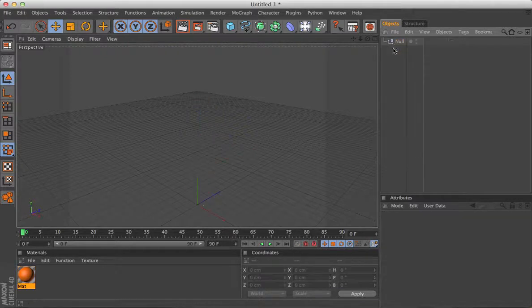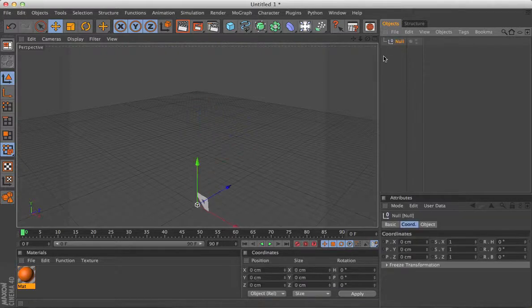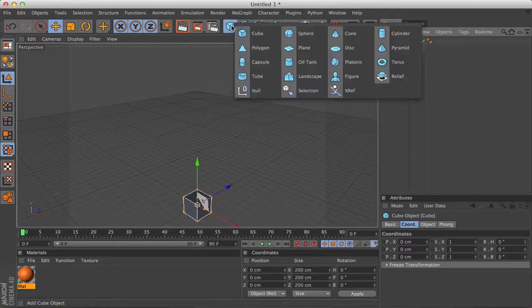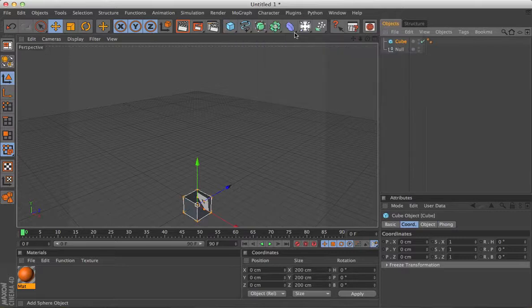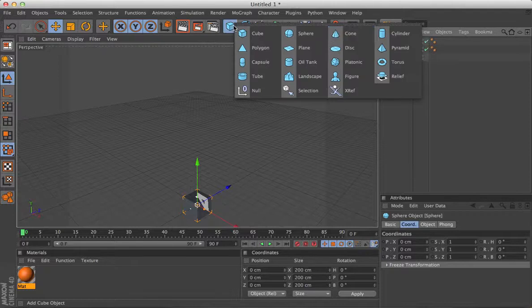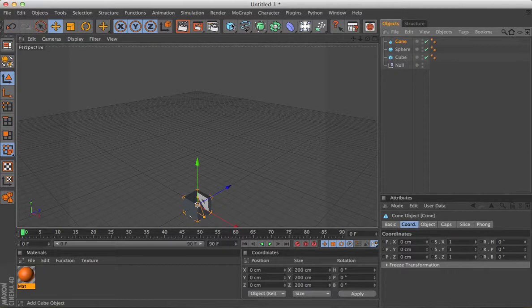Get rid of all that. Where this kind of came from was a need I had to organise objects of different sizes next to each other. So I made myself a MoGraph object which automatically put even space between things, but I'll show you the theory behind that. These are obviously all different sized objects,